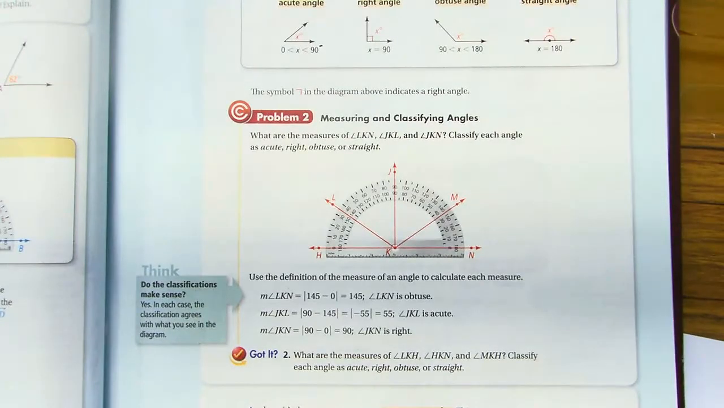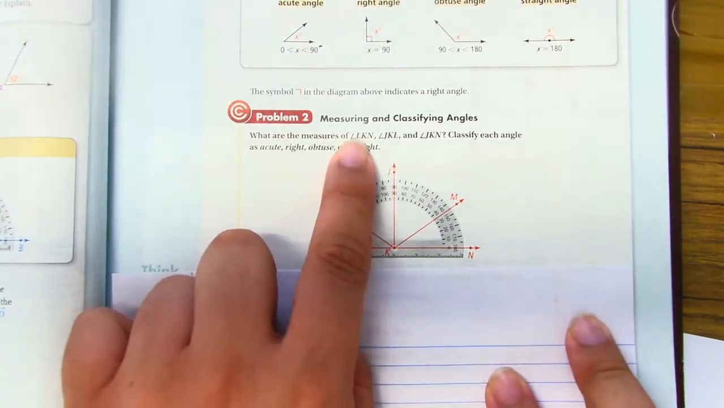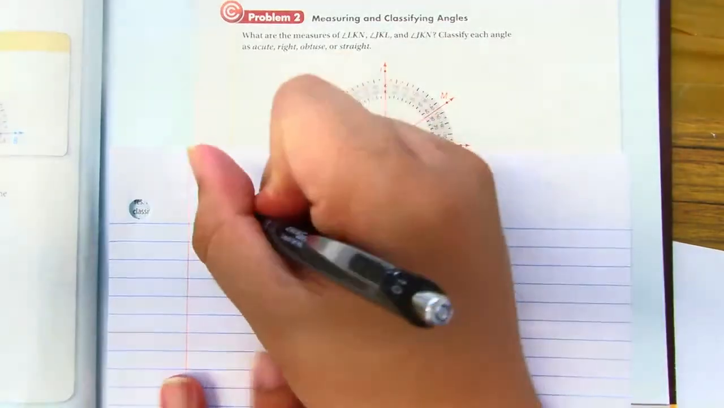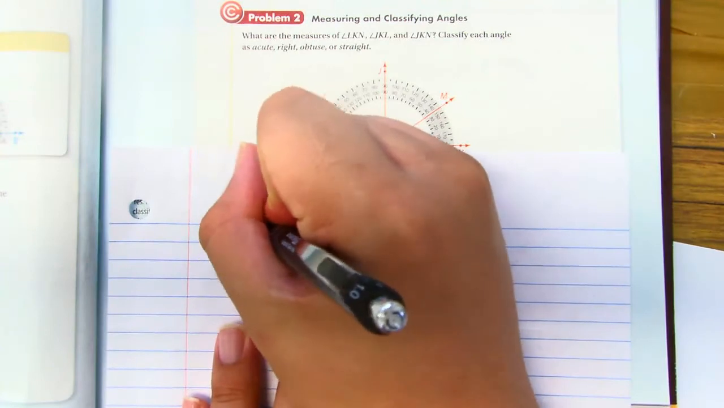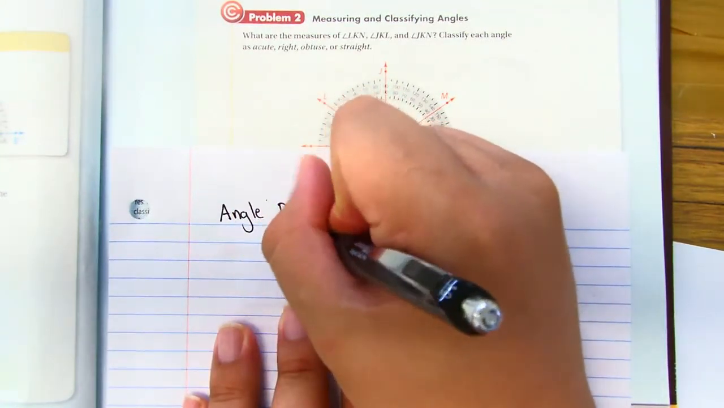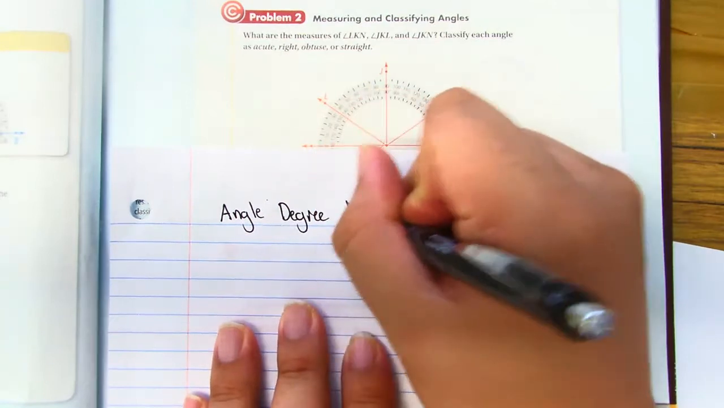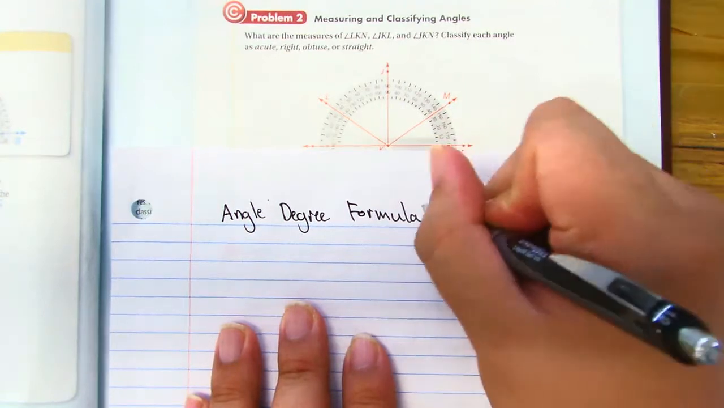So for this, we're going to be measuring and classifying angles. We already learned how to classify angles. Now we're going to figure out how to measure. We're going to try to measure LKN and JKL. So here we're going to be using the angle degree formula, like the distance formula, we're going to be using